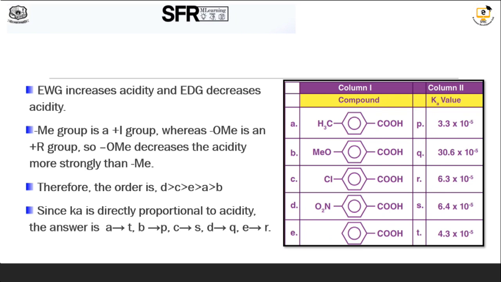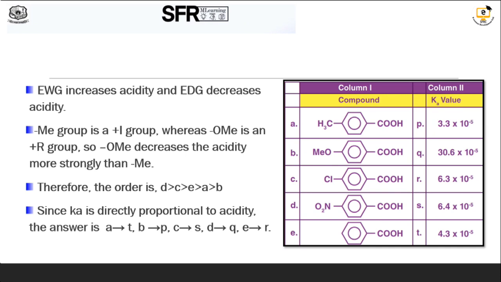Actually, the methyl group has a plus I effect, whereas the methoxy group has a plus R effect. So, the methoxy group decreases the acidity slightly more than methyl. Therefore, the order of the acidity is D, which has more acidity when compared to C, which in turn has more acidity compared to E, A